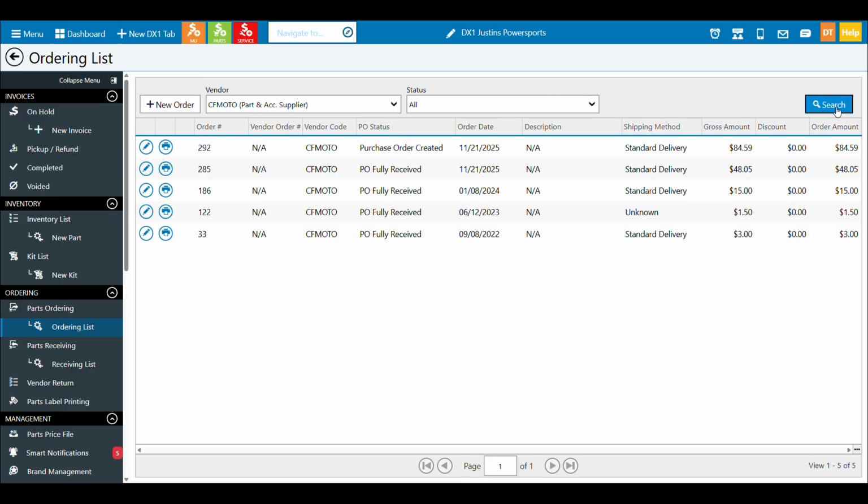Maybe we want to see something about that last order we placed. We can come over here. We have a couple statuses, closed and opened here. And we can also see that we have information related to the purchase order that we can visibly see, with some basic high level details right in the screen.